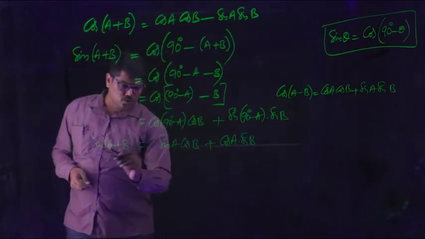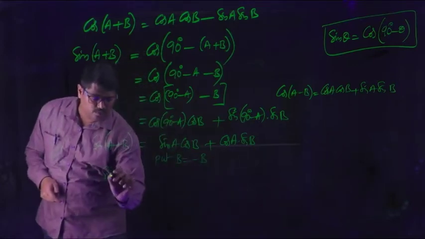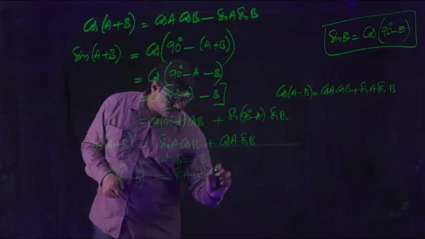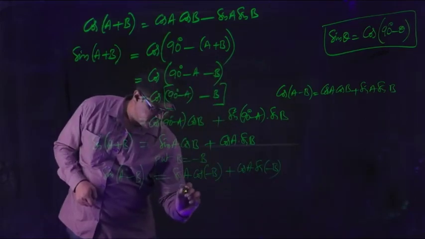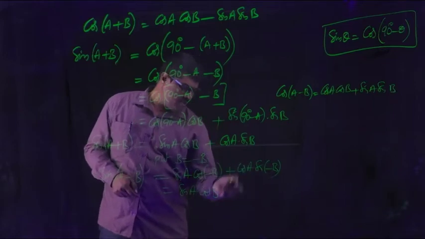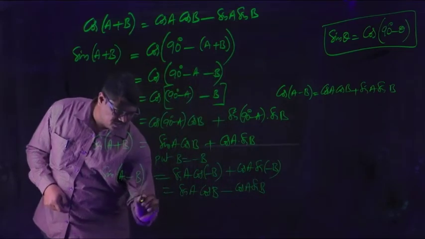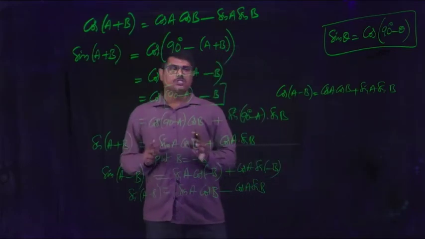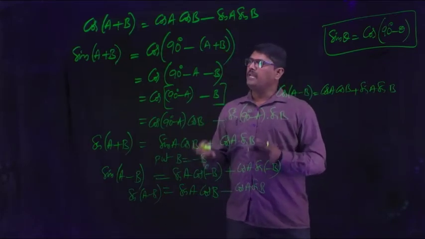formula also. Later, to find the sin A minus B formula, just put B equal to minus B to get sin A minus B formula, which is sin of A minus B is equal to sin A, replace B with minus B, plus cos A, replace B with minus B, sin A, cos minus theta is cos theta, so that it is cos B, sin minus theta is minus sin theta, so minus comes as multiple, this plus becomes minus cos A sin B. So that you will get the formula of sin A minus B. So to verify all the properties of compound angles, first we verify the formula cos A plus B, and using cos A plus B formula you can prove the remaining formulas also.